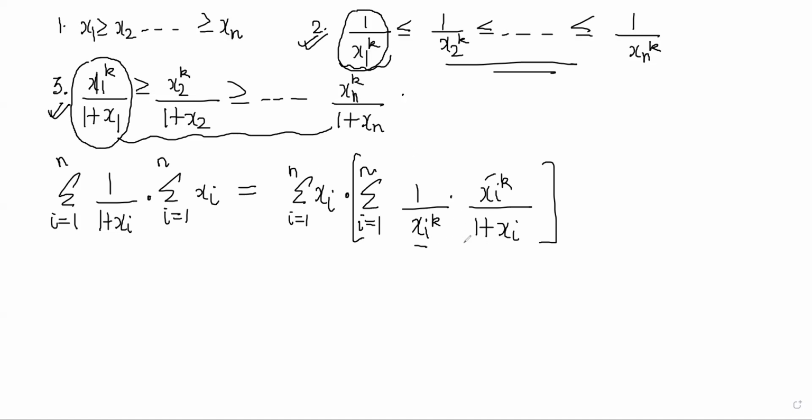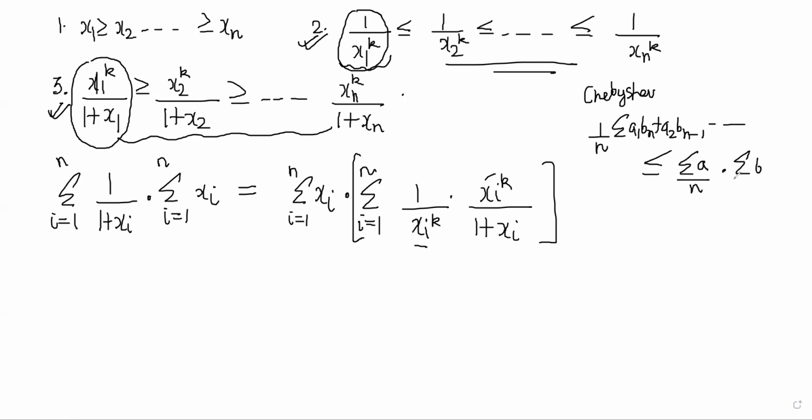So this is a reverse order sum, and Chebyshev's inequality tells us that 1 by n of a reverse order sum a1 bn plus a2 bn minus 1 and so on is less than equal to sum of the a's by n multiplied by sum of the b's by n, right? So I'm going to apply Chebyshev's inequality to these two, considering these as my ai's and these as my bi's, right? So what I can say is less than equal to,